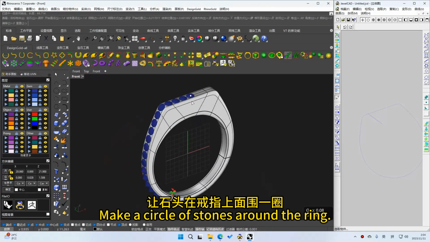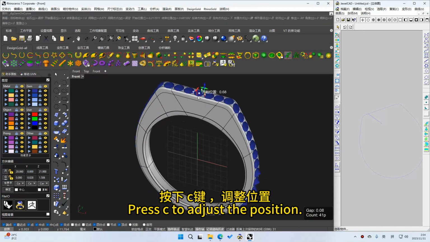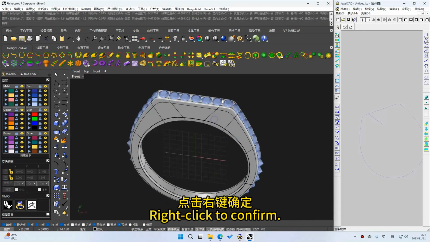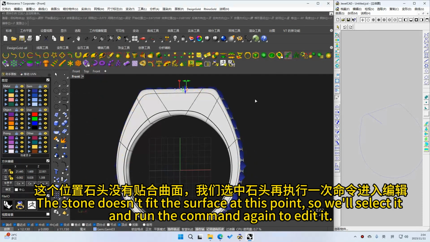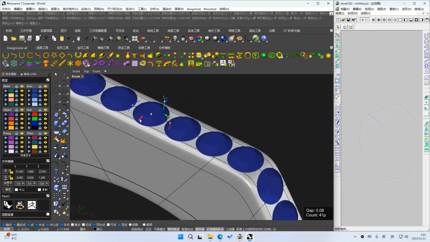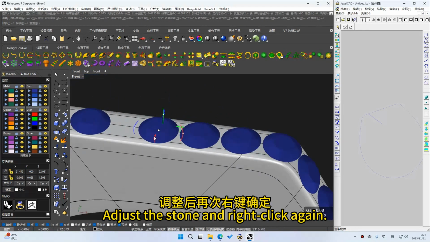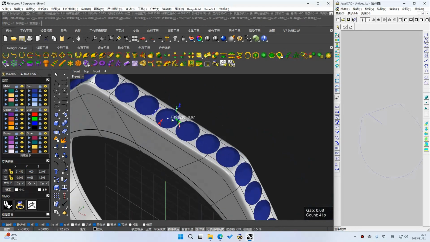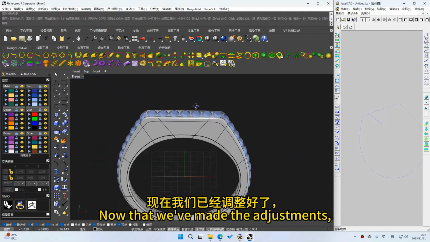Make a circle of stones around the ring. Press C to adjust the position. Right-click to confirm. The stone doesn't fit the surface at this point, so we'll select it and run the command again to edit it. Adjust the stone and right-click again. Now that we've made the adjustments,